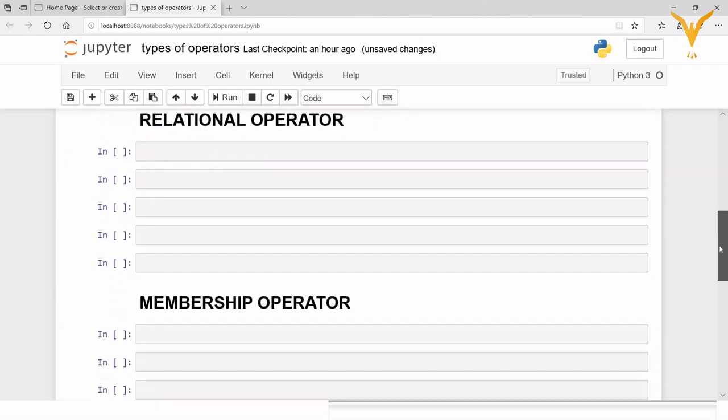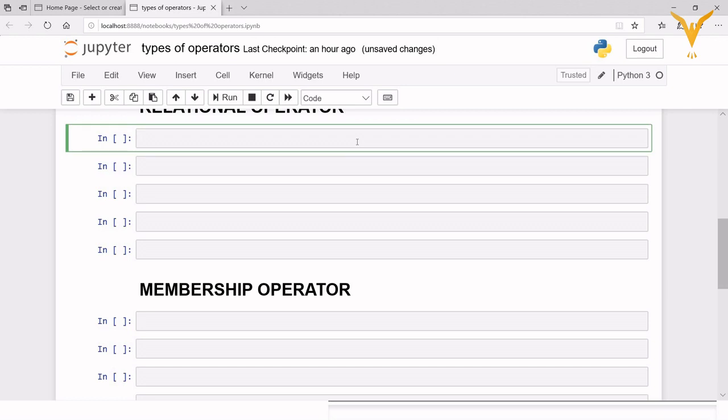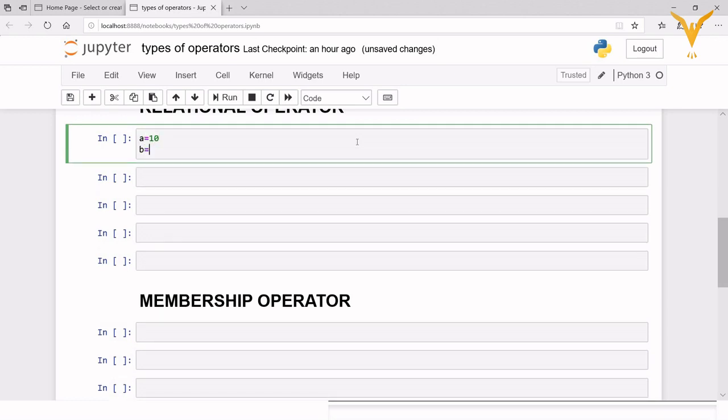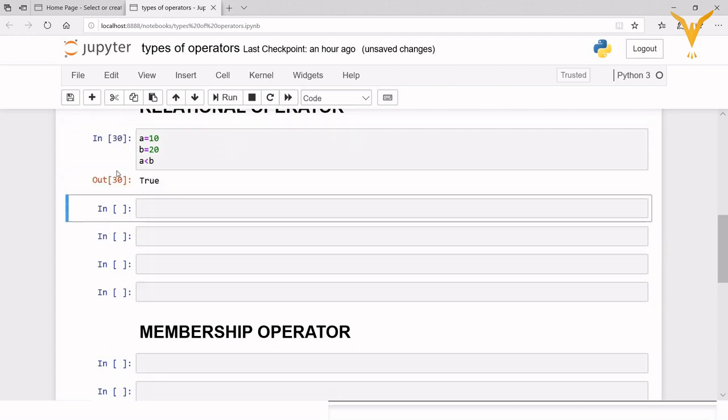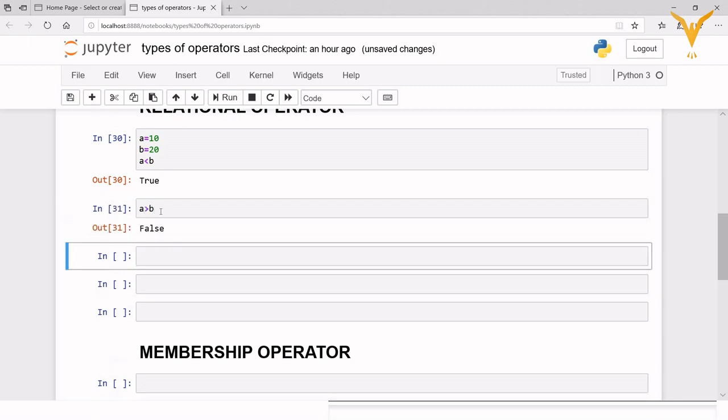Let's take two variables, a equals 10 and b equals 20. Now we'll compare these two values. When I write a less than b, as you see, a consists of 10 and b consists of 20, so this will give me the boolean value as true. If I write a greater than b, then this will give me the boolean value as false.